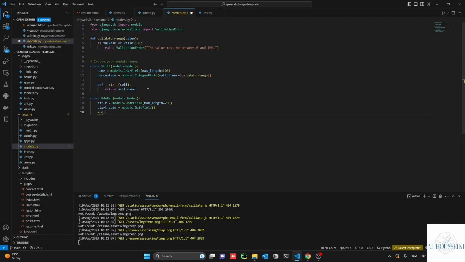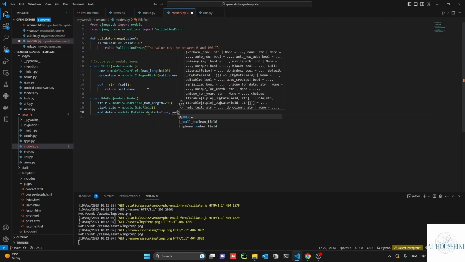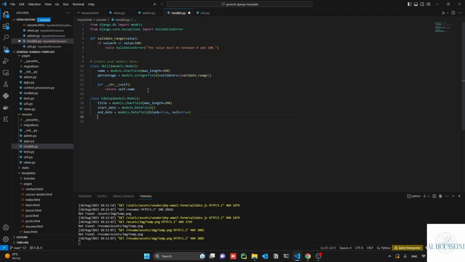We have an end date, models.DateField and not DateTimeField. For the end date, by the way, let's say that it could be blank or null, because for example, if I am working in a company, there is no end date. Description,